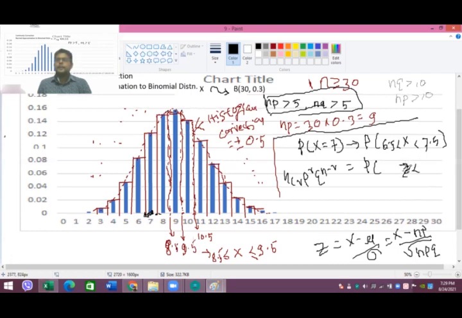So this is z, and then it is the x value 7.5 minus mu value np, already we have 9, and divided by the square root of npq, where np we have 9 and the q value is, as the probability was 0.3, now q value is 0.7. Okay, and then it is bigger than, you can write here 6.5, x is 6.5, and then minus mu value which is again 9, and the variance value is under the root here 9 times 0.7, or you can calculate the variance value otherwise for this sort of distribution estimate.